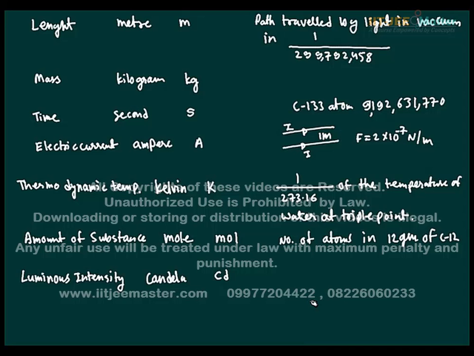But a very important thing you have to remember is that all these 7 fundamental units are fundamental. None of them can be expressed in terms of the others, but any other unit in the universe can be expressed in terms of these units, like we say that area is length into length, that we say length